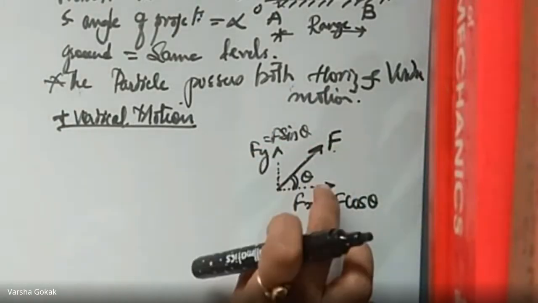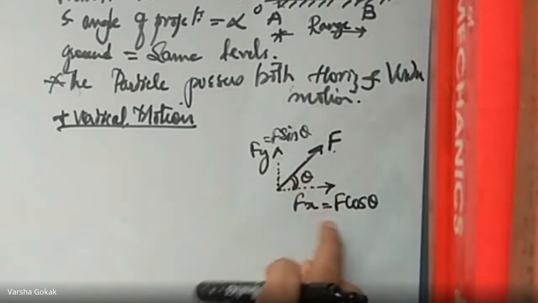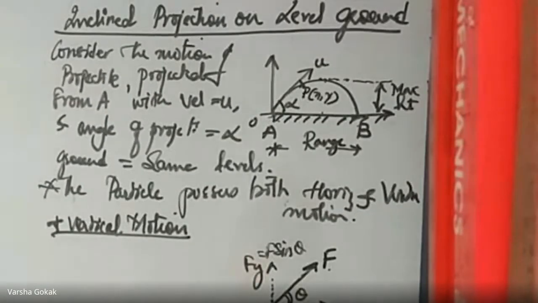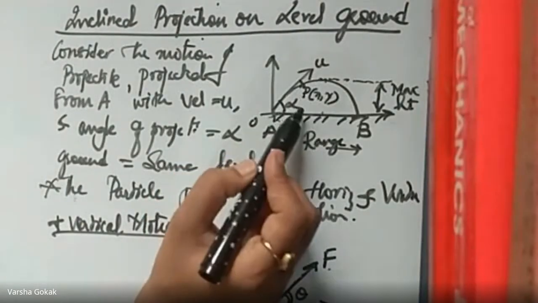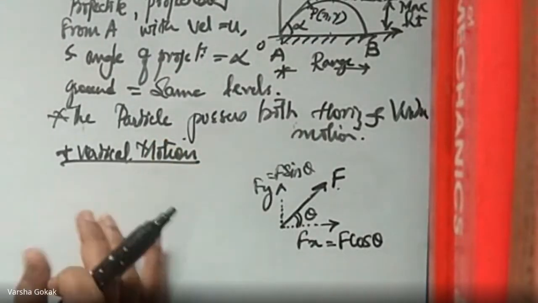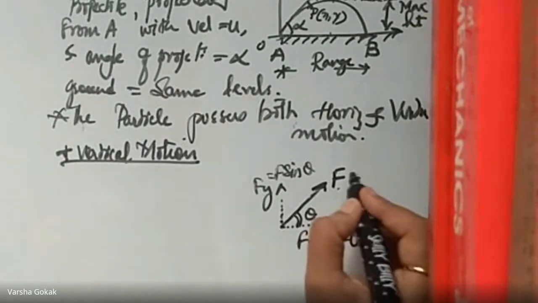A force is broken into two forces, Fx and Fy, when it is inclined with an angle theta. So wherever the theta is, cos goes there. Fx becomes F cos theta, Fy becomes F sin theta. Similarly, I have this velocity u, which is making an angle alpha with the horizontal. If I want its initial velocity in the vertical and horizontal directions, this is like our u, and theta is going to be like our alpha.